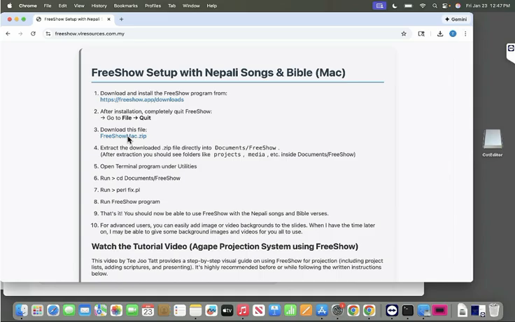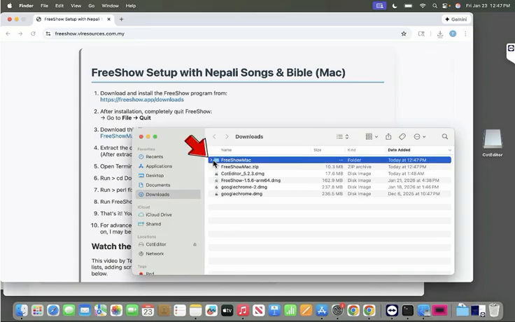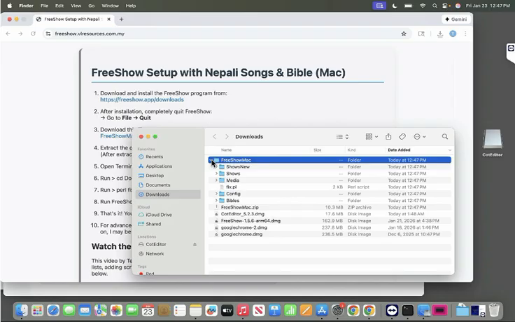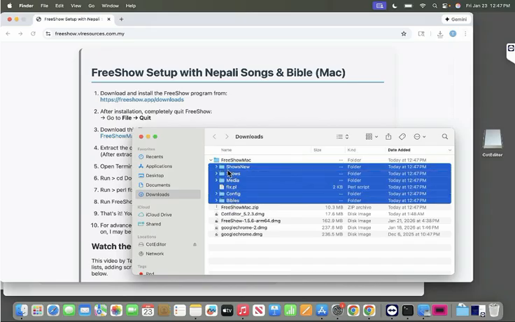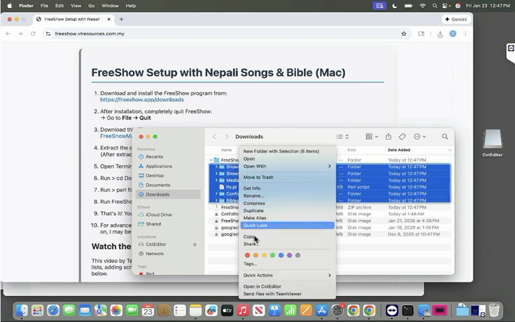So I'm going to click this and you will see that there is the file downloaded here. To open the downloaded file, you'll see down here at this arrow, this is FreeShow Mac, and then my downloads. I will click at the arrow to open up the whole thing. What I do is I use the shift key and click here to select all this, and I right click, I copy,